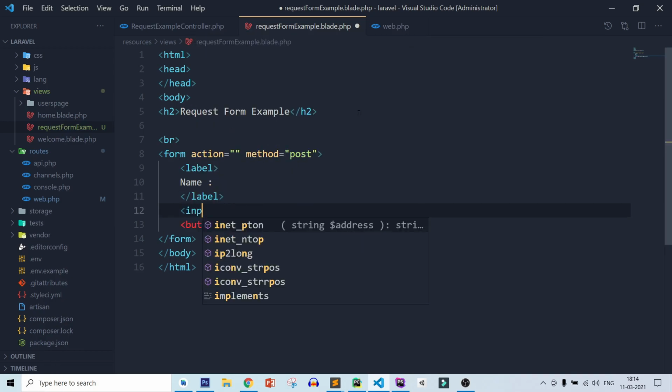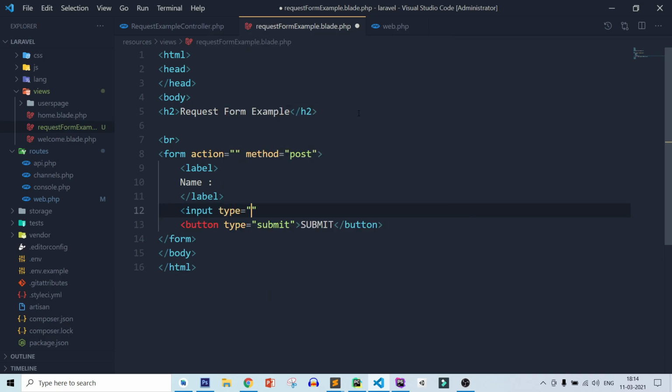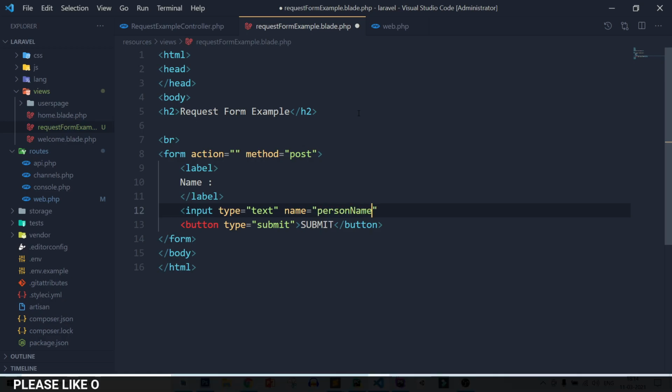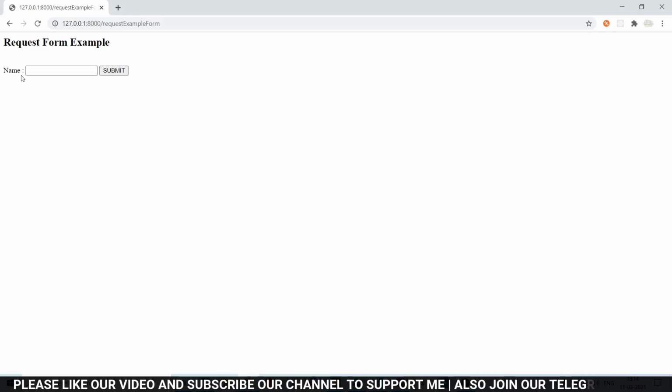Also adding an input, type equal to text, name equal to person name. Now save this form and back to Chrome, refresh the page, and you can see name, input and submit.